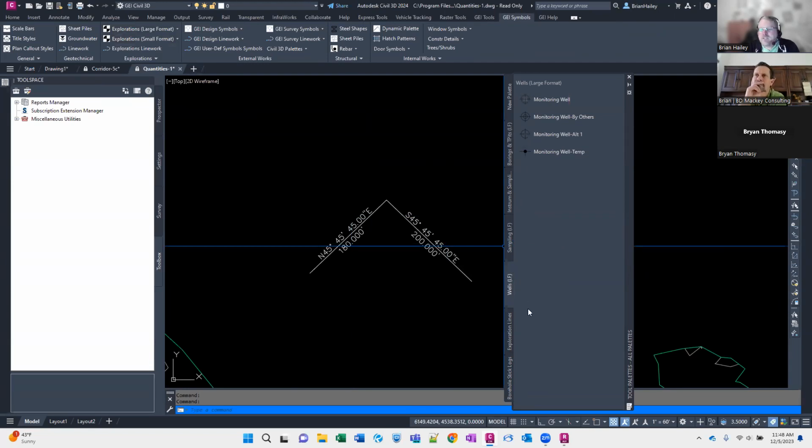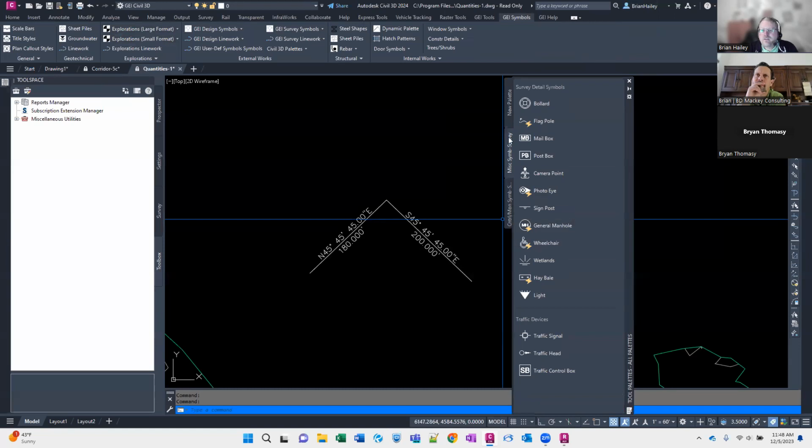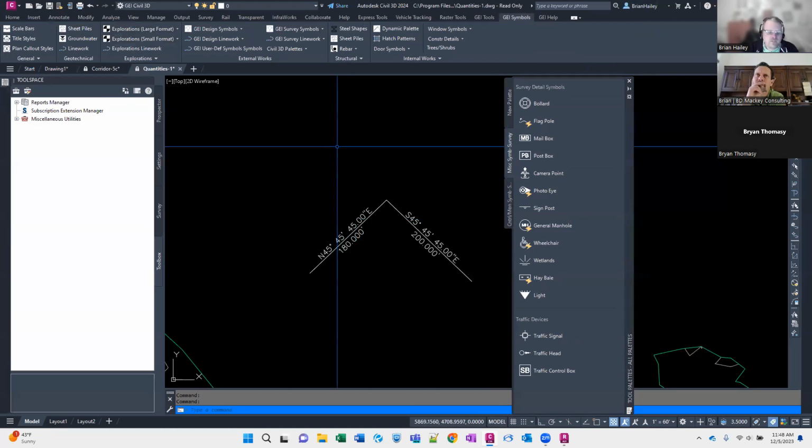But what happens if I need to switch to something else? There are no other groups. So if I come over here, say, for example, general symbols under survey symbols, you'll see all the tabs have changed, right? How did I do that? Again, there are no groups here. And so the way our system is set up is I have